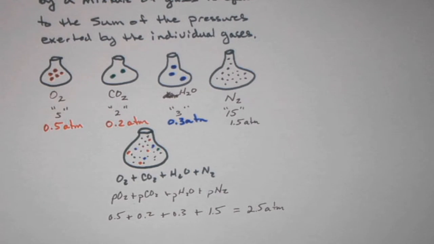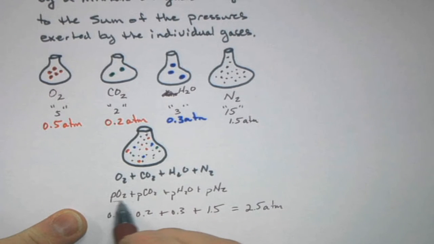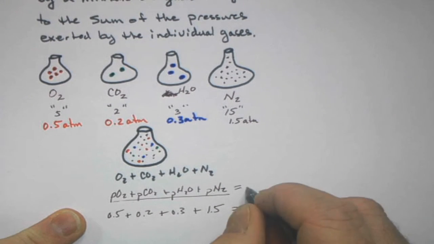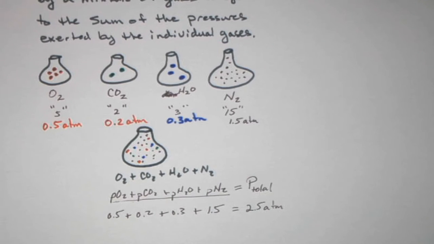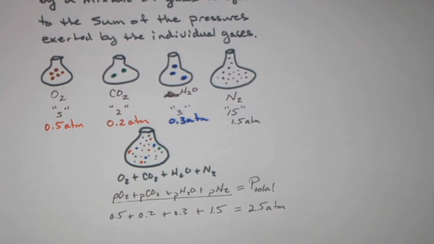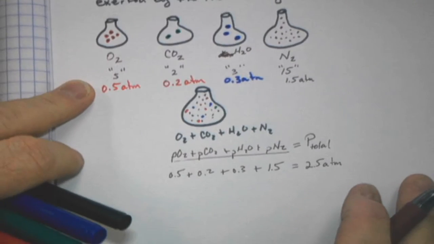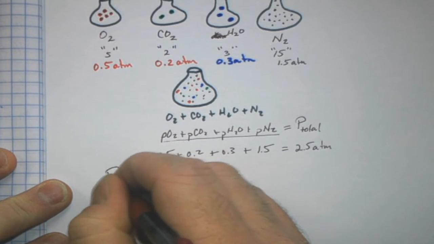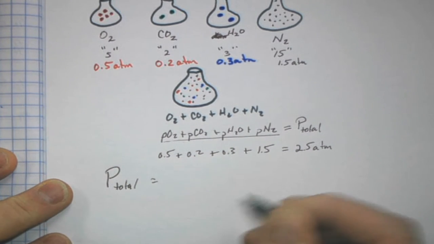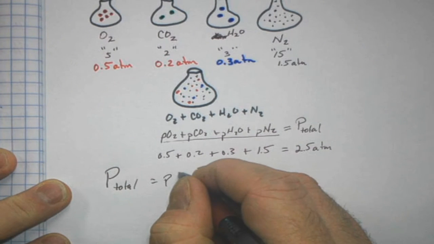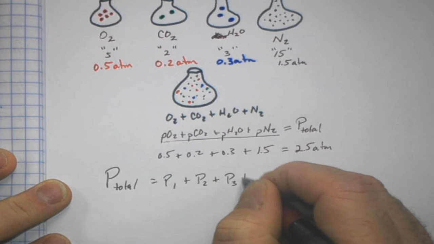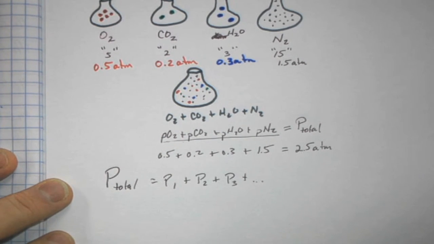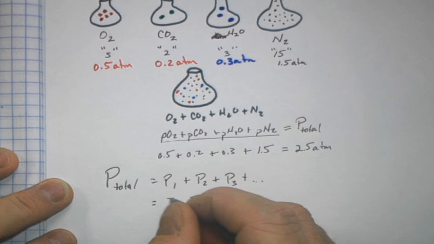Now we have a fancier way of writing it, and it's this line right here. This equals the total pressure, and so the general equation is going to be that the total pressure equals the pressure from the first one plus the pressure from the second one plus the pressure from the third one plus and so on. Or if you really want to get fancy, it's the sum,